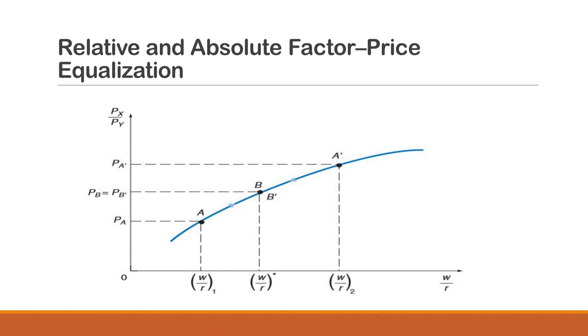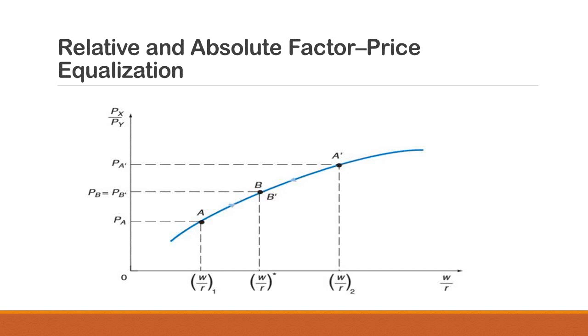So price of capital is lesser and price of labor, that is wage, is higher. So W by R ratio is higher, and the corresponding commodity price ratio is denoted by PA. So price of X is relatively higher there and price of Y is relatively lower there because Nation 2 is a capital abundant nation. So as these two nations engage in international trade, in Nation 1, relative price of labor